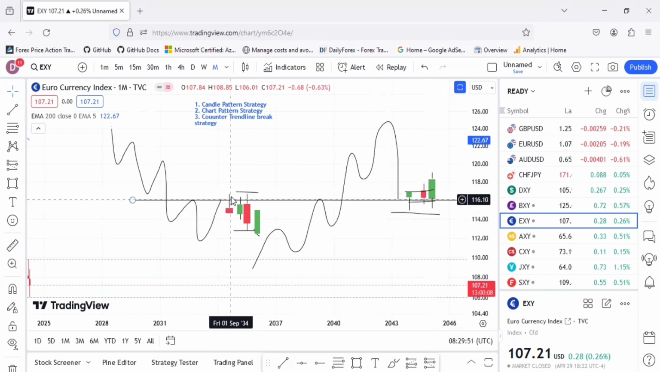The same thing with pin bar. When you see a pin bar here at your resistance, it's an indication that the market will sell. When you see a pin bar at your point of interest, at your support in an uptrend, it's an indication that the price will buy. So that is the first strategy that you can use